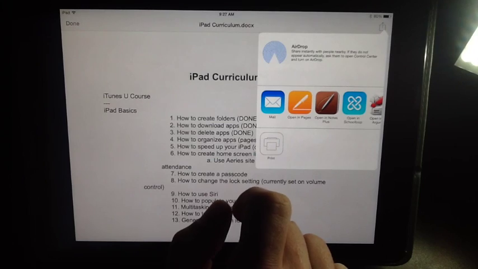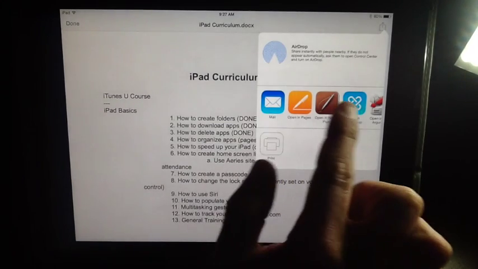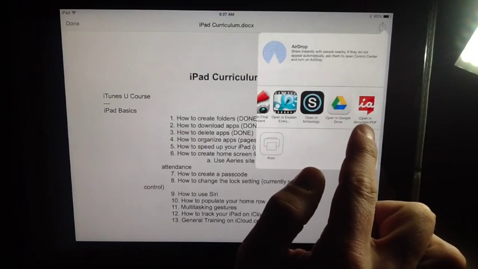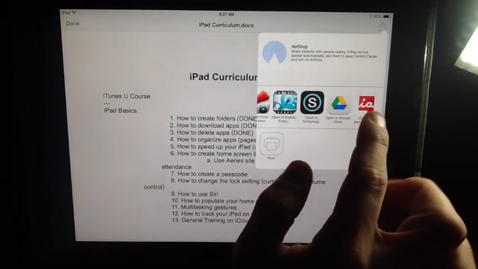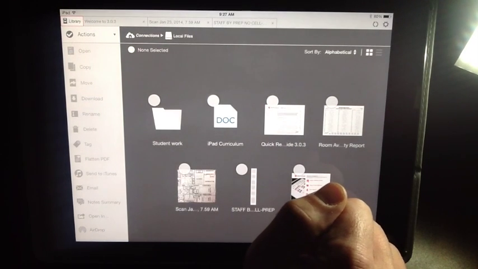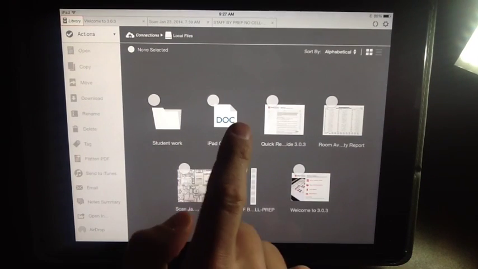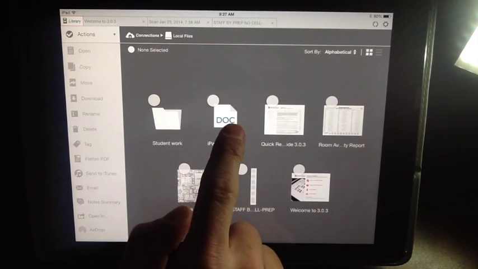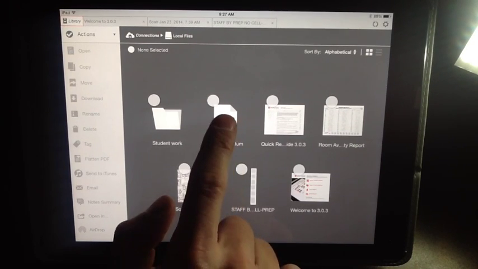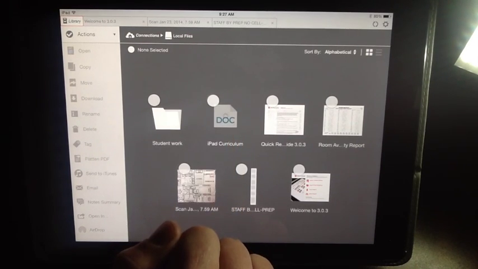So I'll press the rectangle with the up arrow, and I can take my finger and slide over to the one that I'm looking for, which is Open in iAnnotate PDF. It is a paid app, but a very useful one. So the document is here, and notice it is a doc. It's not something that I can edit just yet in iAnnotate PDF, but what I can do is I can open it,